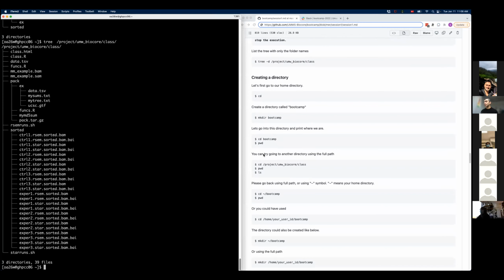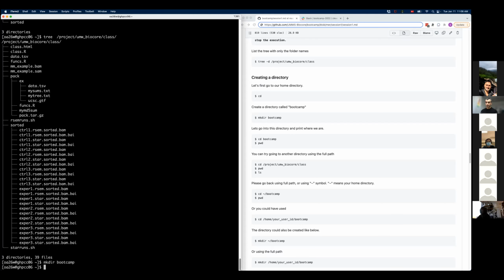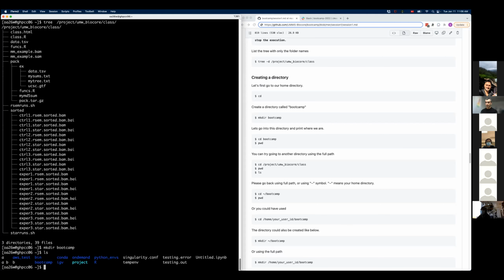And the directory creation command is mkdir, or make directory. Then whatever name you want to give to your folder, bootcamp, enter, and if you type ls, then you should see the bootcamp folder here. Please go ahead and do that. And if you have any trouble, please let me know.